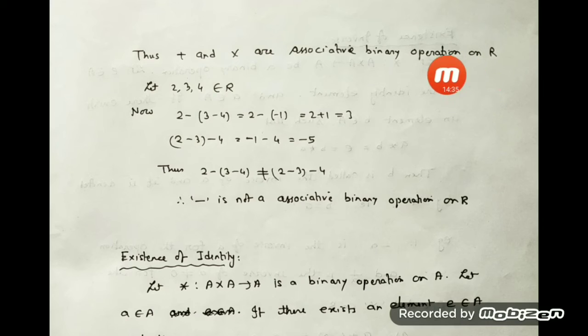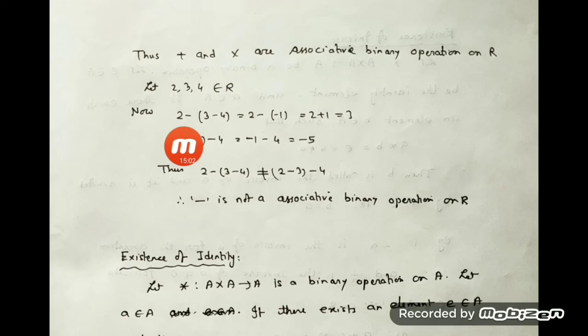You see, plus and multiplication are associative binary operations on R. Now we have to verify whether minus and division are yes or not. We are taking three elements. We know already that the answer is not the same. If it is known to you that minus is not associative, then you simply give the example. Or suppose you don't know earlier, in that case you have to verify by taking the given definition, and if you do not get the same answer, give an example. So we are taking 2, 3, 4 as three real numbers.